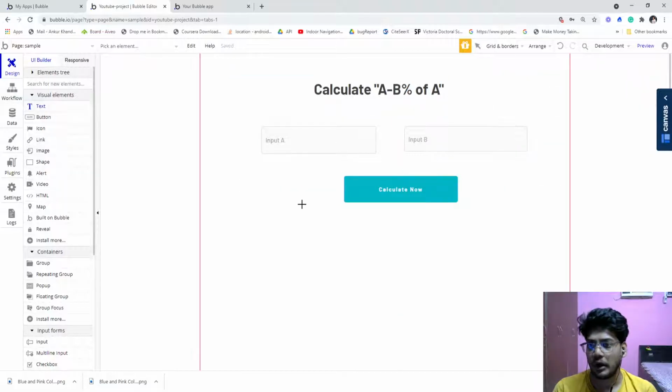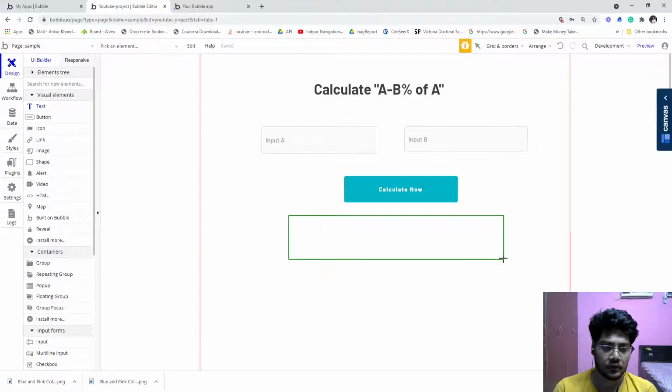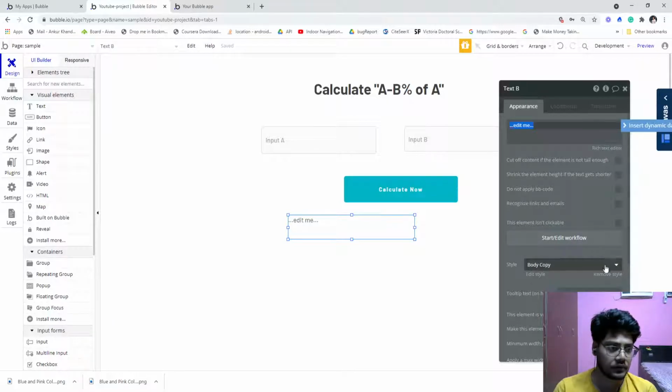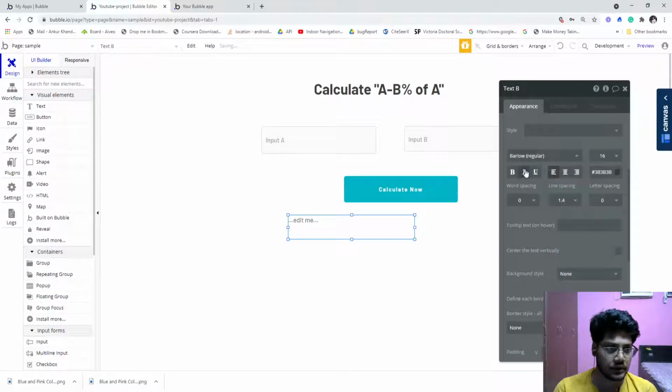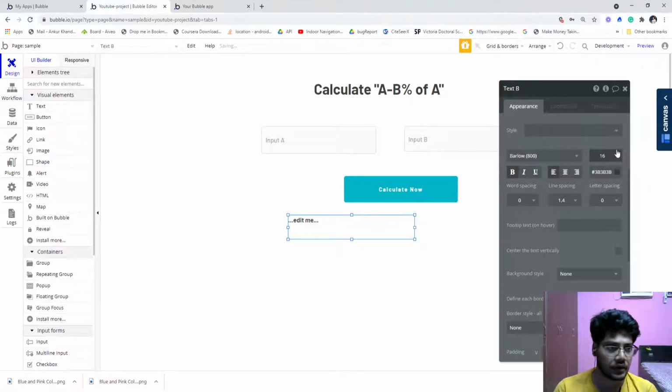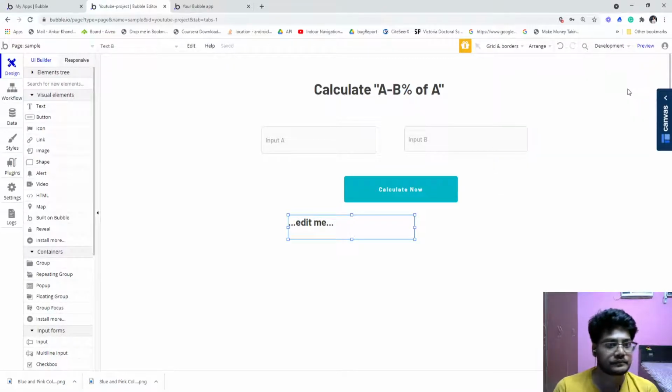And one is the result. Our result will be, I will make it bold, and it is 24. I think that's it.